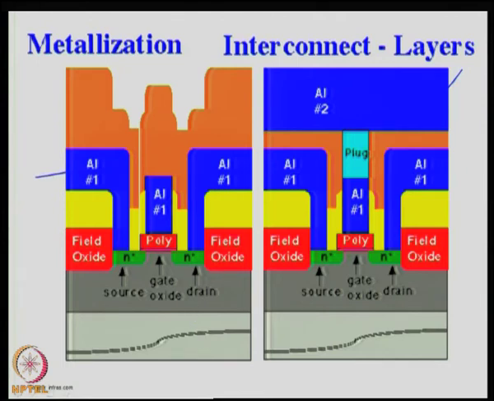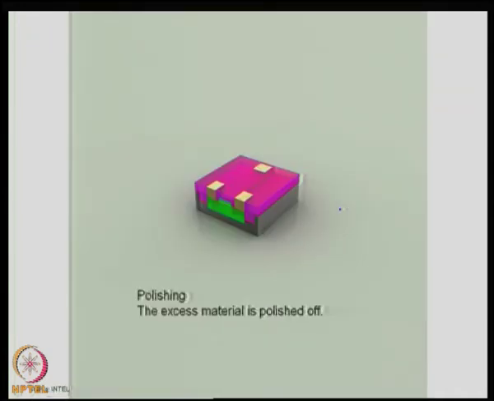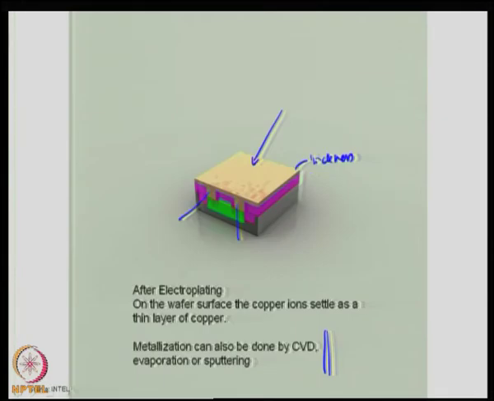And then finally, they are polished, because obviously you can't deposit the exact amount of the conductor material. Therefore, you will use what is known as a polishing methodology or CMP, as it is known, chemical mechanical planarization, and the excess material that you saw in the previous slide here will now be